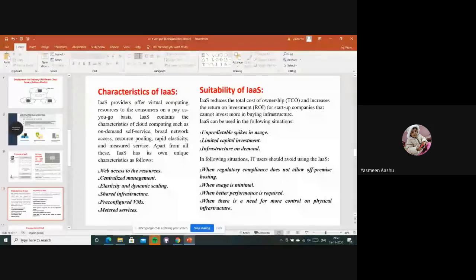And the fourth one is the shared infrastructure. So here, as the service providers are providing the services